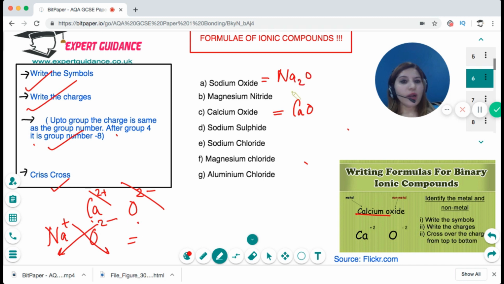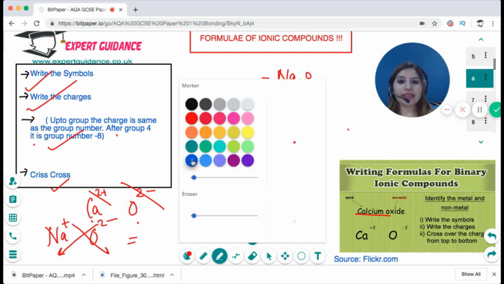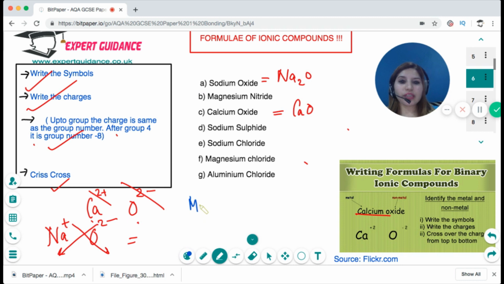Then work out magnesium nitride. Magnesium is group 2, so that is 2+. Nitrogen is group 5. 5 take away 8 is -3. And then you do the crisscross. The 3 of nitrogen comes underneath magnesium. The 2 of magnesium comes underneath nitrogen. So this is Mg3N2. Okay, so please try all of them,